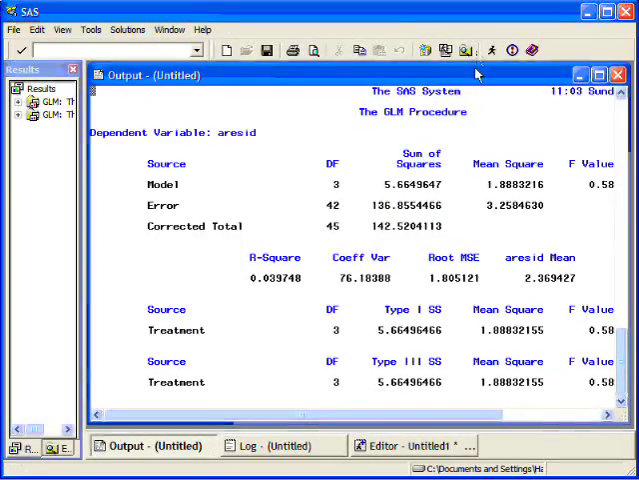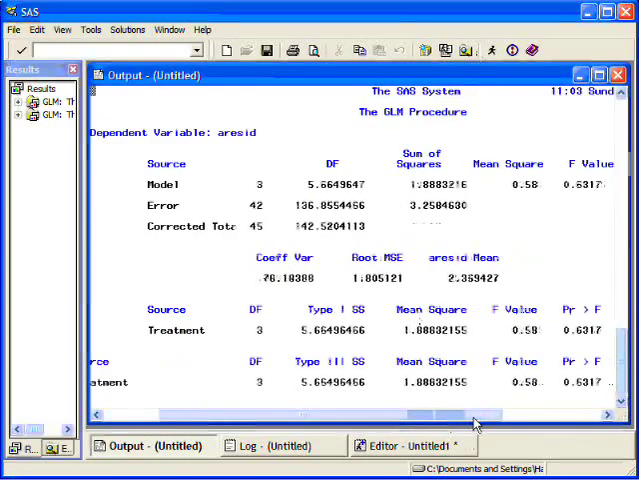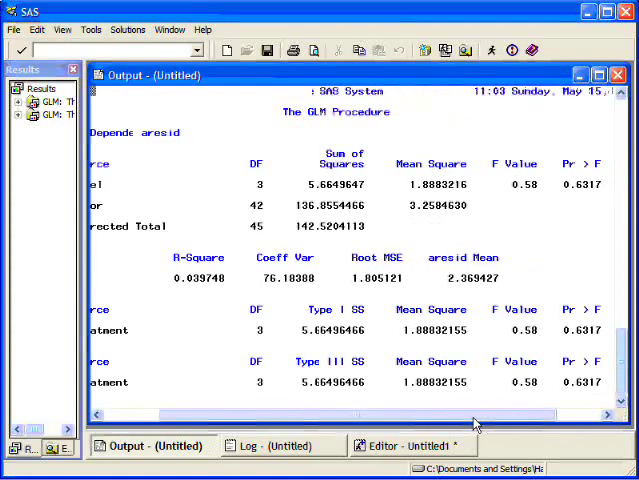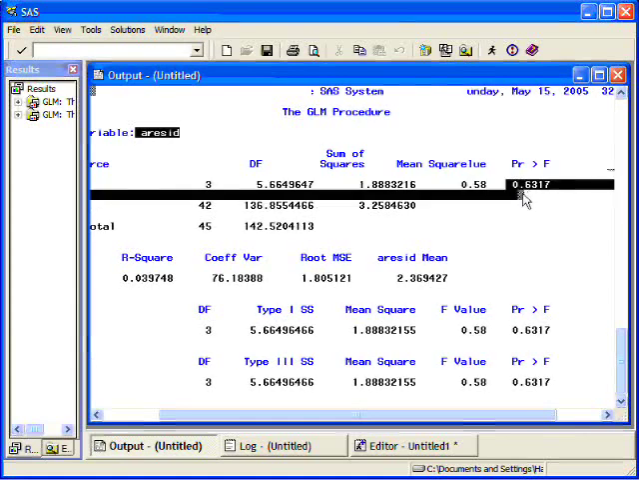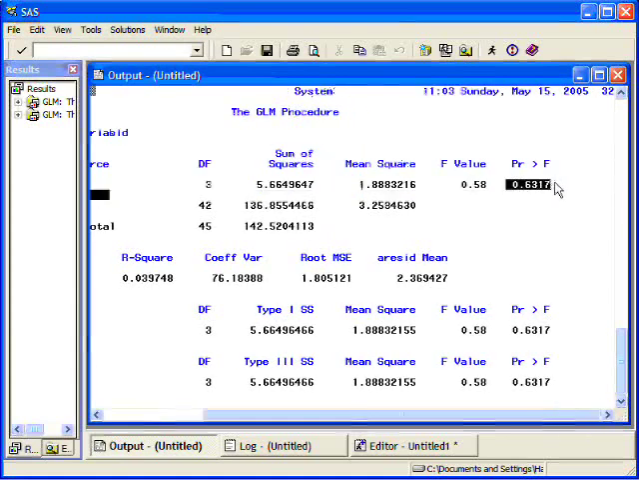So when I run this, using the little submit button, which looks like the running man, I'm going to get my standard ANOVA output above, but at the bottom, I'm going to have output from SAS on the variable A resid, the absolute value of the residuals. And it ran an ANOVA on it. Notice that the p-value, and this is the only p-value I'm interested in, is